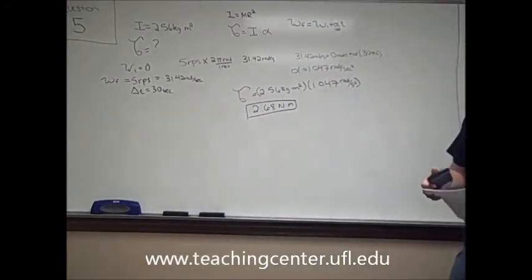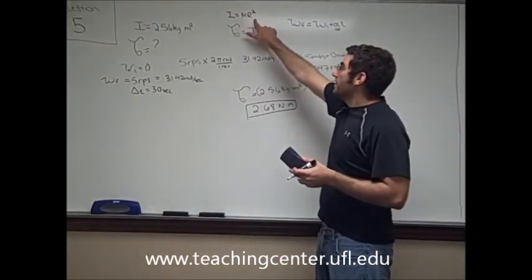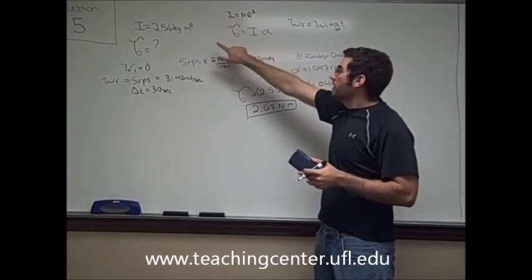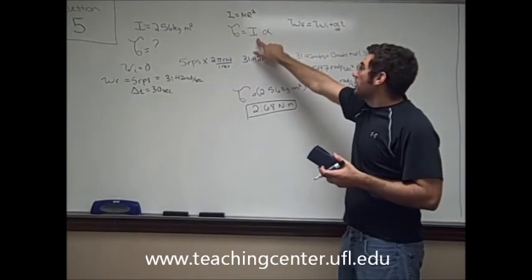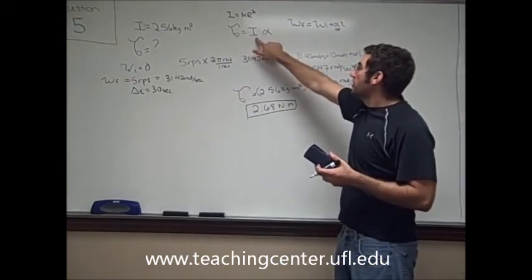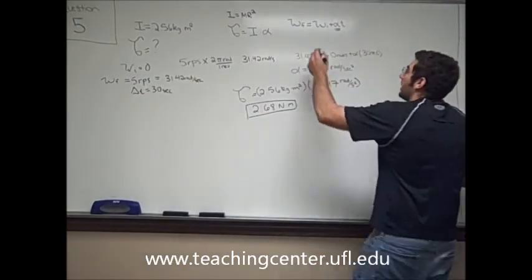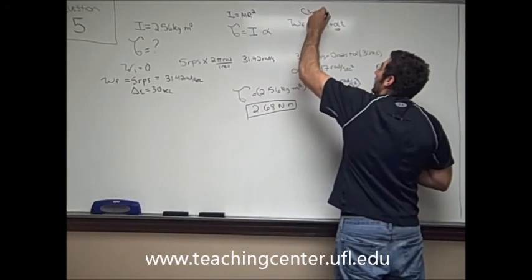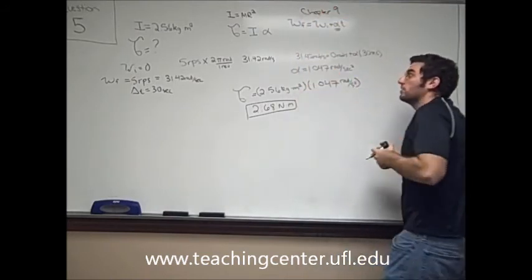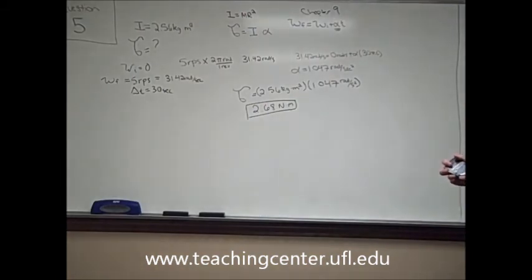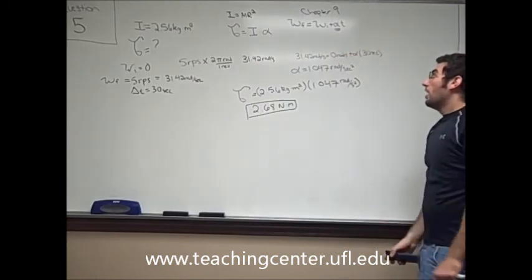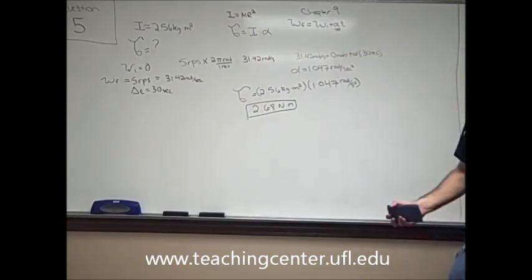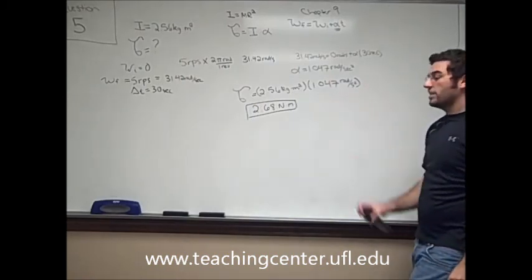Just to recap, if he gave you an object with some mass and a radius, you could go ahead and calculate the inertia. Here we already had it. Then we take out our torque formula: torque is equal to inertia times angular acceleration. We go back to chapter 9 formulas, so make sure you have all of your angular rotation formulas. Final angular velocity squared equals initial angular velocity squared plus 2 times the angular acceleration times the distance traveled, or here we use final angular velocity equals initial angular velocity plus angular acceleration times time, and we can go ahead and solve for